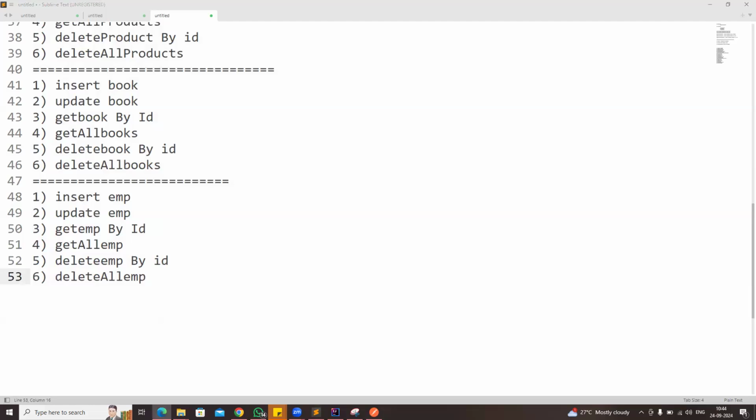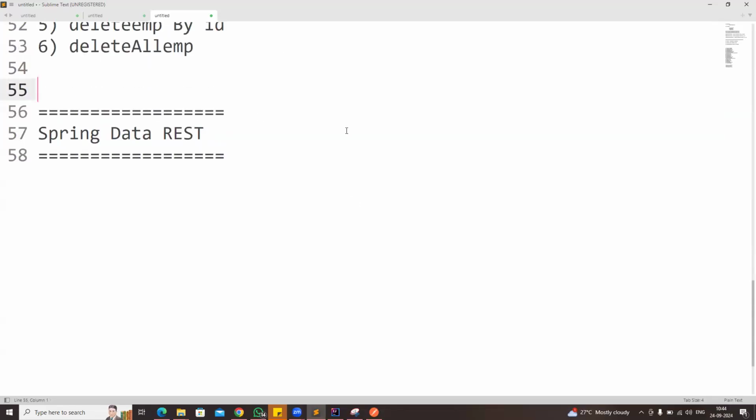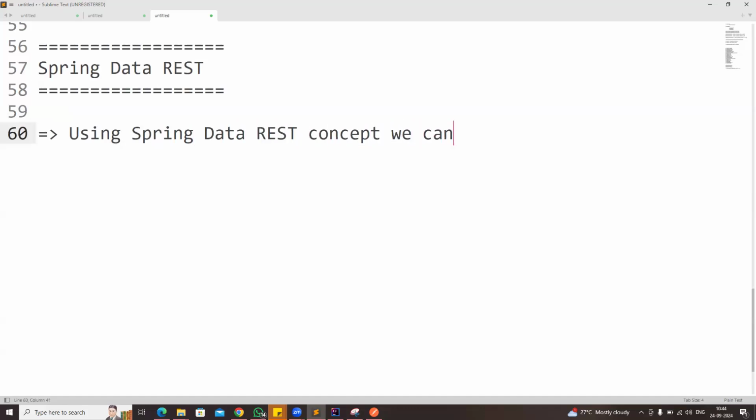there is a concept called Spring Data REST available in the market. What is the concept, guys? Spring Data REST concept is available in the market. Sir, what is this Spring Data REST concept? We can develop REST API without using REST controller. Using Spring Data REST concept, we can develop